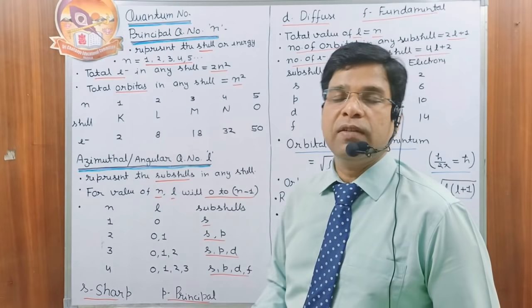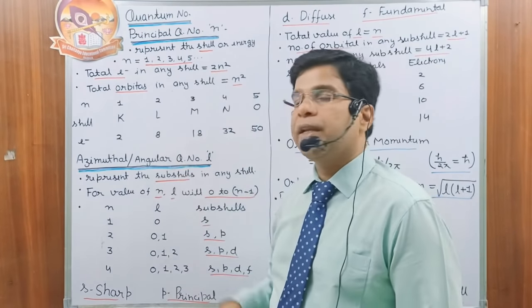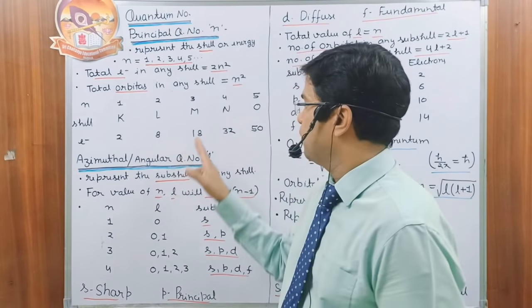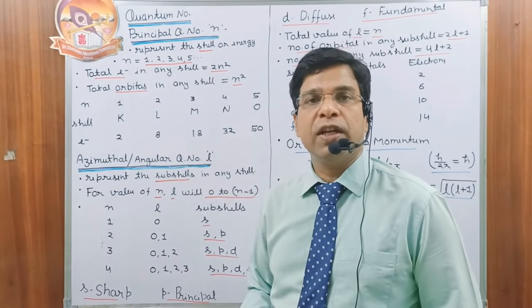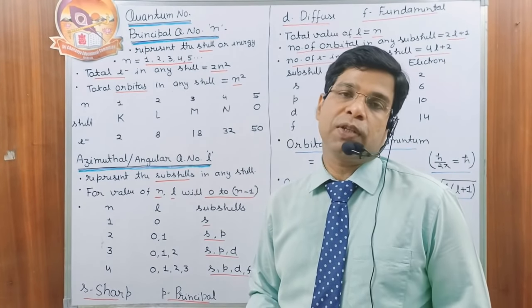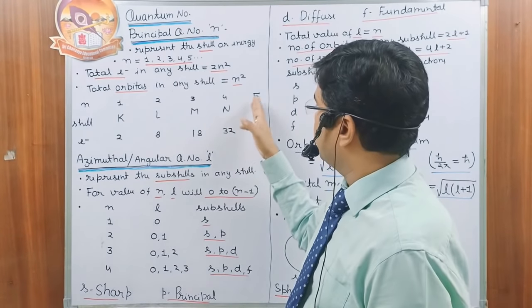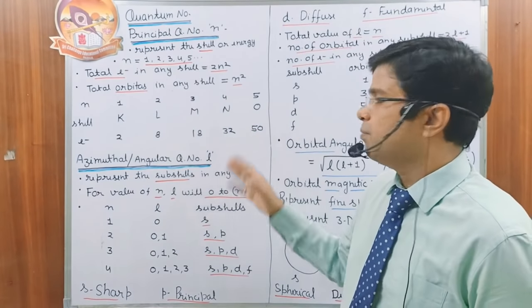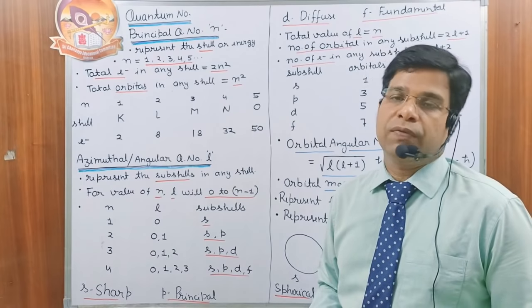Now the third shell is M. According to 2n squared, how many maximum electrons are possible? 18. If the n value is 4, it is the N shell, and in this one the number of electrons is 32 according to the formula 2n squared. The fifth shell is called the O shell, and we have a maximum of 50 electrons possible in the fifth shell.